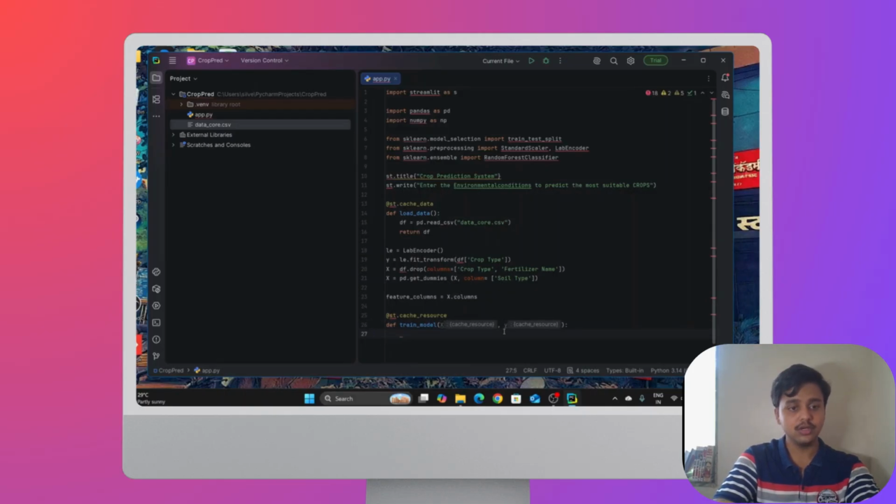And so again the caching comes, so the model does not train again and again. Instead, it will train only once and it is going to fetch the same.